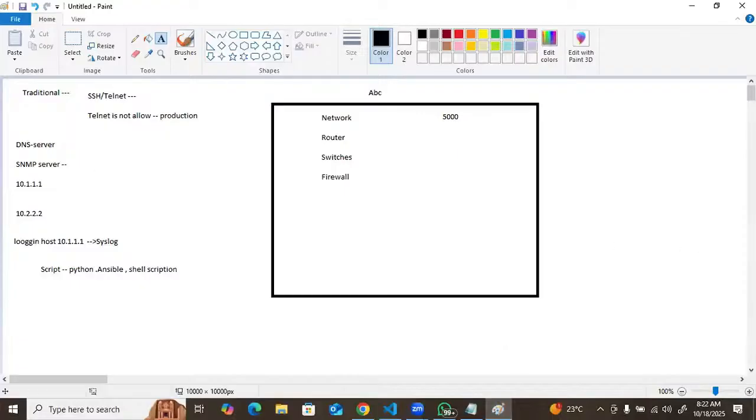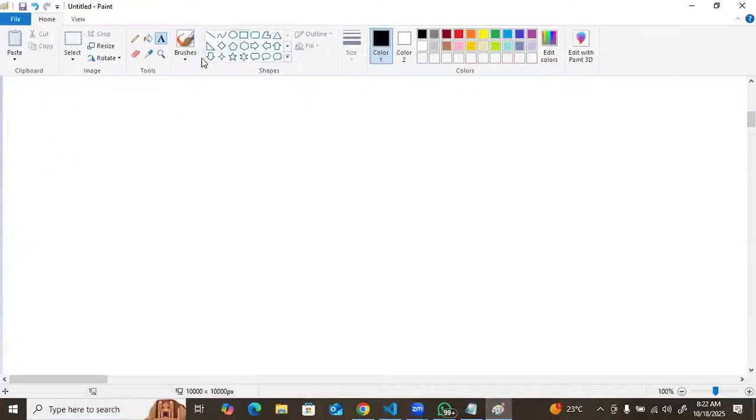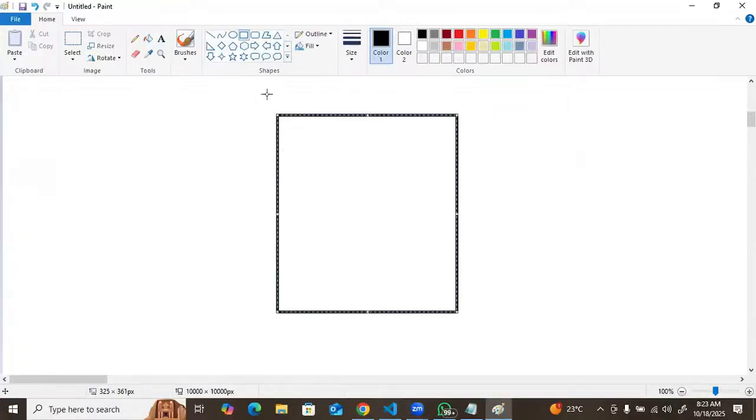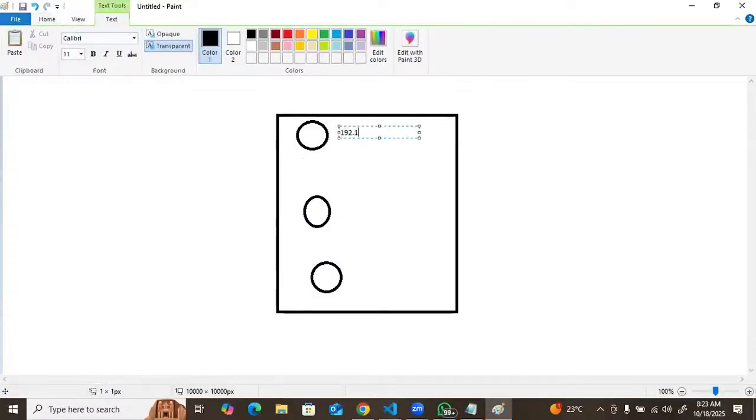So you can just assume there is one company infra. There we have 3 devices right now. And what is their management IP? The management IPs are 192.168.29.201, this is 202, and this is 203.